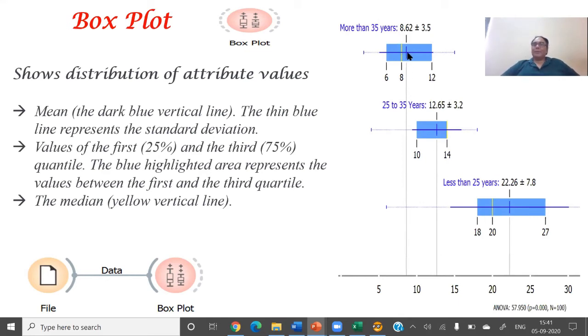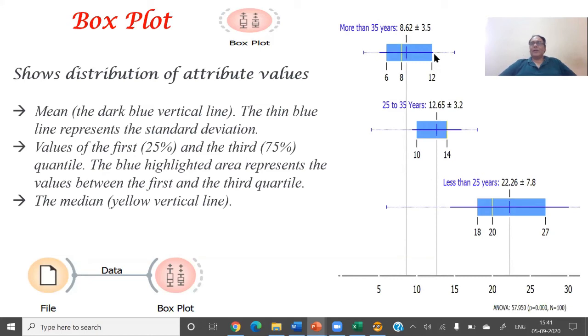So these values are available in the plots, and these plots are very, very popular in industry. And I will show you the reason so you can understand on your own why box plots are very important and very useful in data science. Okay, so now I hope you understand: the yellow line is the median, the blue line is the mean. The first value in the body is the first quartile. This value is the third quartile, and we have the minimum value and the maximum value.